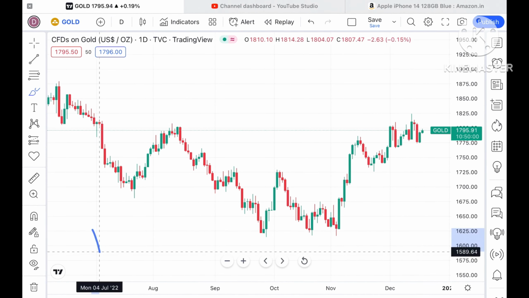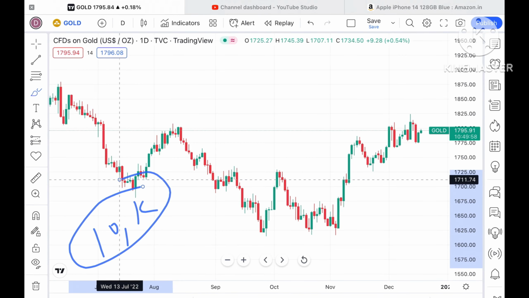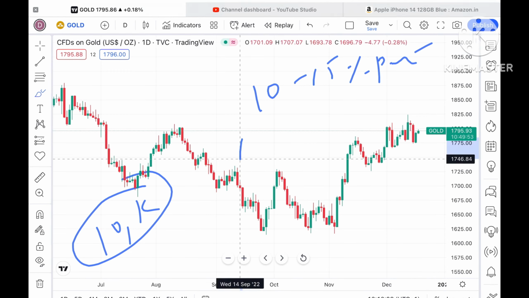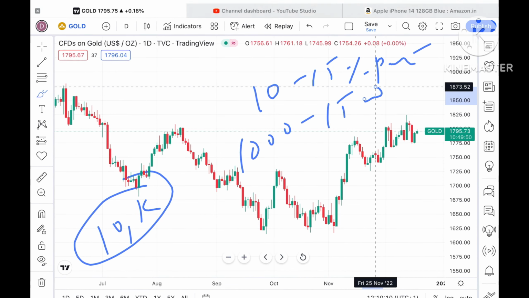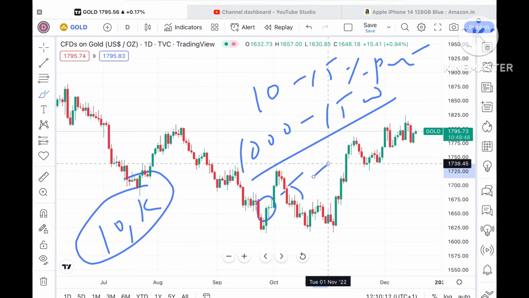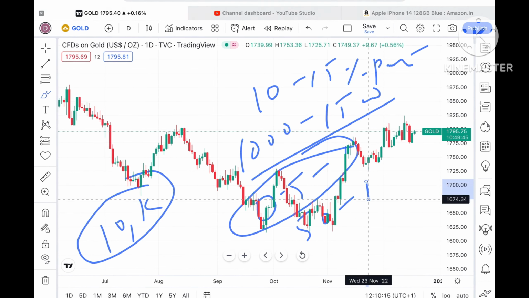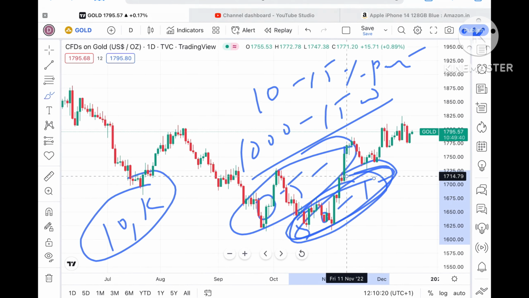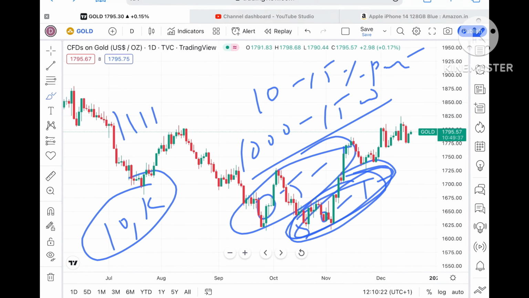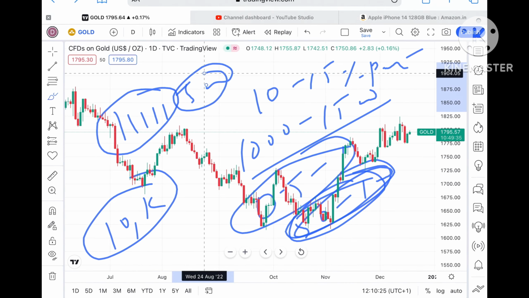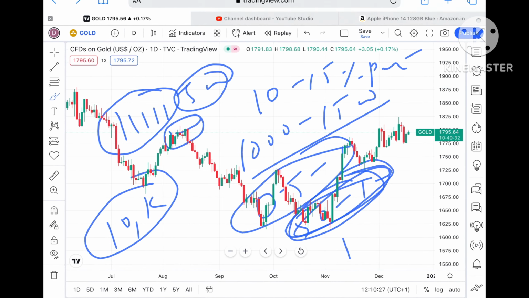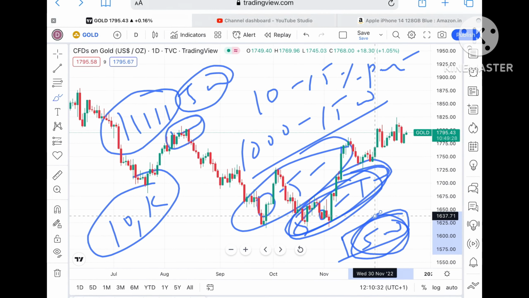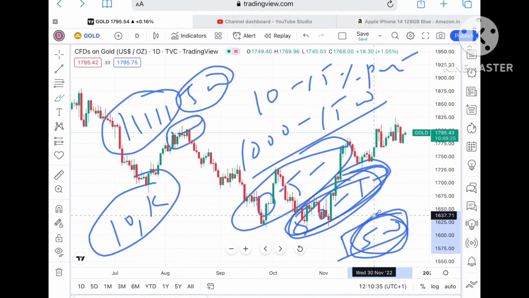Now understand something. Suppose you are trading with $10,000, try to trade with 10 to 15% of capital per trade, that is 1000 to 1500, with a risk of 0.5 to 1%, that is $50 to $100. Suppose you took 5 trades, your maximum risk is $500, that is 100 per trade. So if you lose all 5 trades, it will not be a burden for you to recover this amount, and you will focus more on profit the next day.